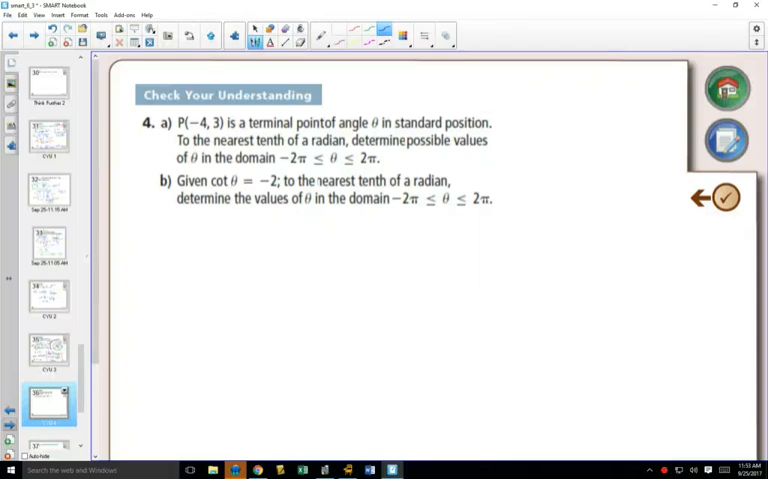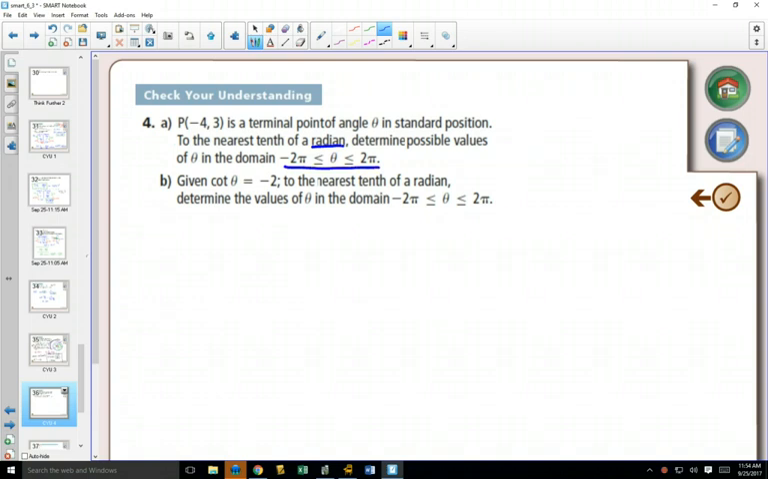This question is identical. Numbers have changed. The idea is identical to one that we did in section 6.1. The only difference now is instead of answering between negative 360 and 360 degrees, our answer is between negative 2 pi and 2 pi radians. And instead of saying solve to the nearest tenth of a degree, this one is saying solve to the nearest